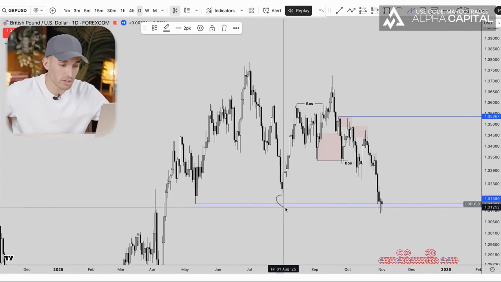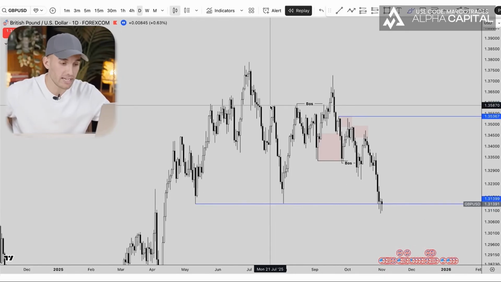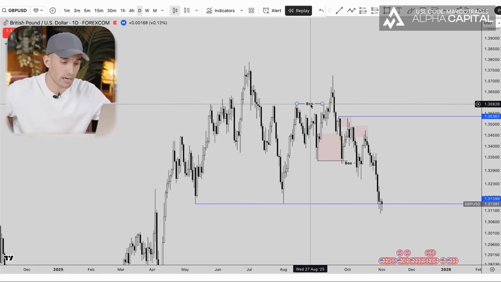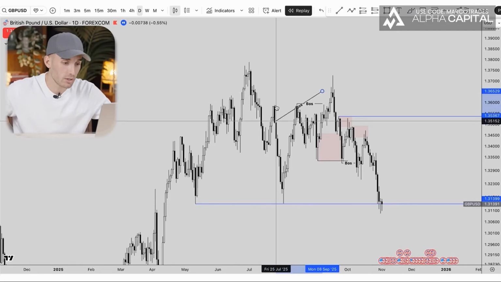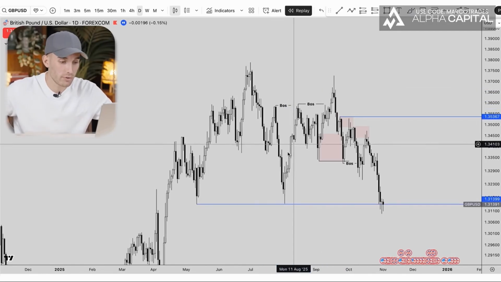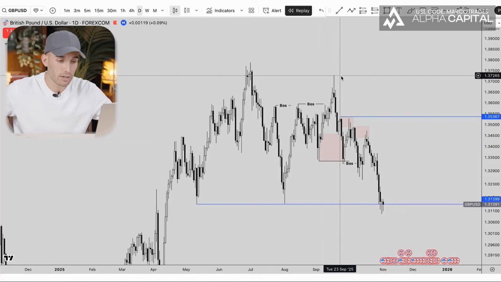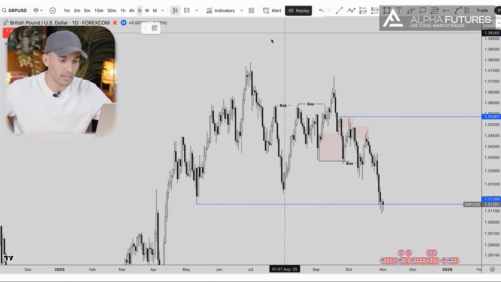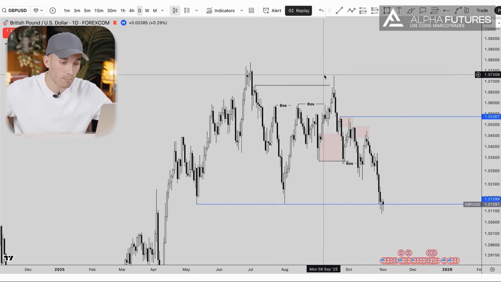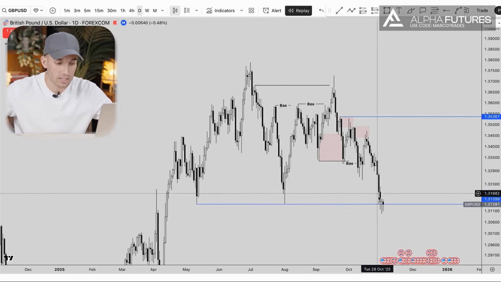If we can quickly summarize everything that's gone on, again, to train those eyes as much as possible here: price builds liquidity at the lows. We go long. We take out this high, which actually induces buyers. So we can mark this on as well, just so we make sure we have everything marked on for you guys. Perfect. So we take out that high, pull back. Continuation, taking out these highs from the left-hand side, inducing more buyers. Your eyes need to be glued to these lows down here at